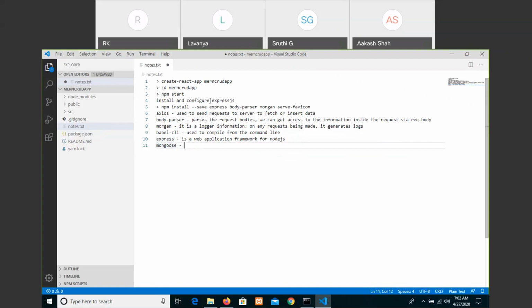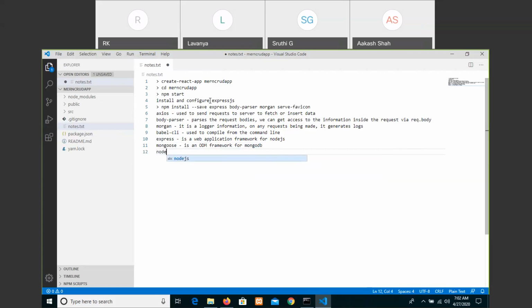Mongoose. What is Mongoose? It is an ODM framework for MongoDB.